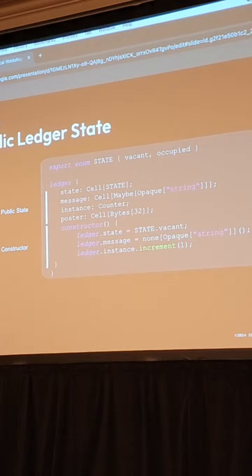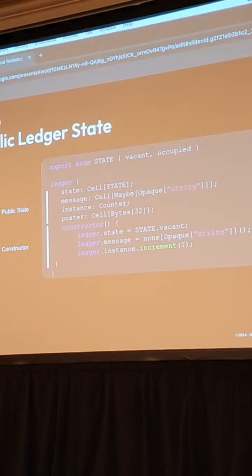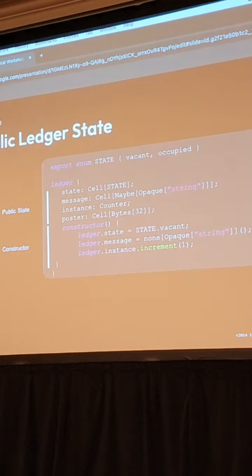You'll notice that we have the identifier, and then we have some type information after that. So you see the word cell. What in the world is a cell? A cell is something that the ZK circuit can update. That's it. So it's an envelope in which the ZK circuit can modify the values inside of that envelope. So for example, when you're using a bulletin board and you post something to it, to be able to prove that you did that correctly, the ZK circuit has to update the value. So that's how cells are used.